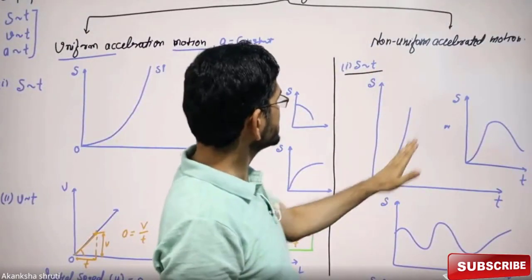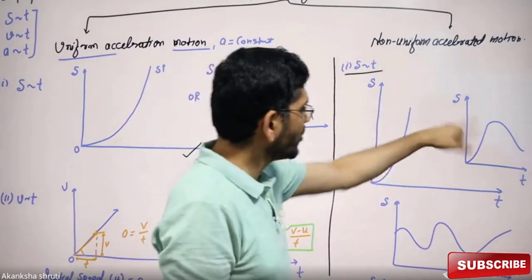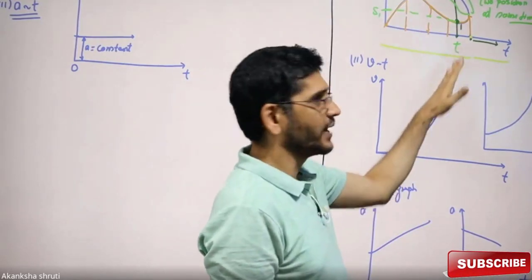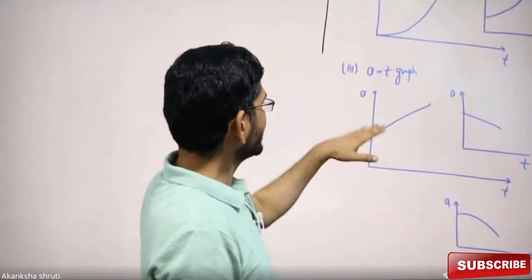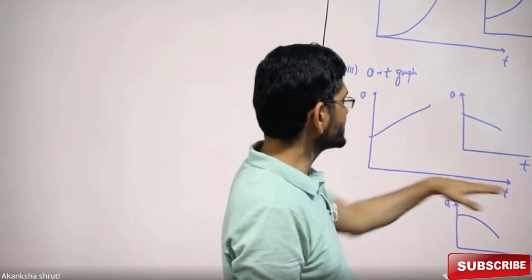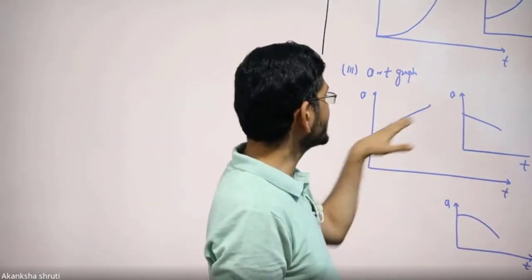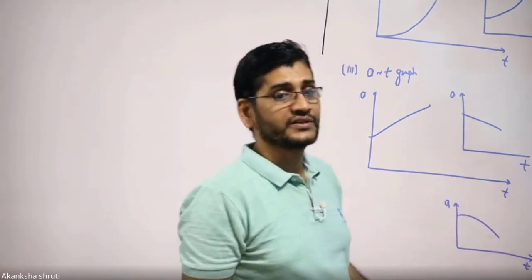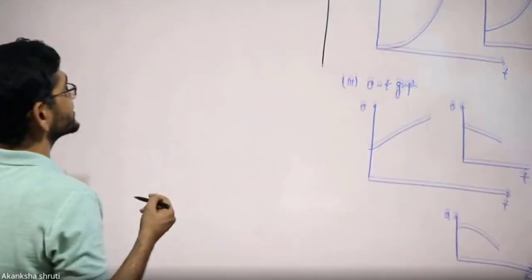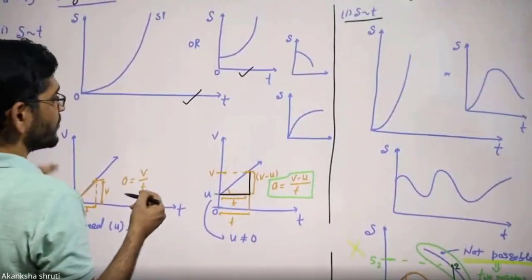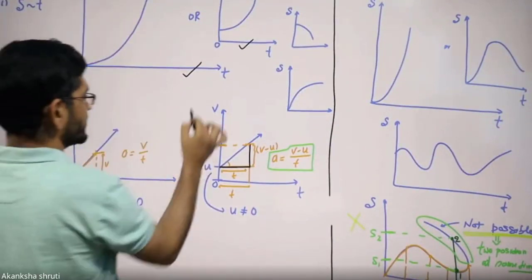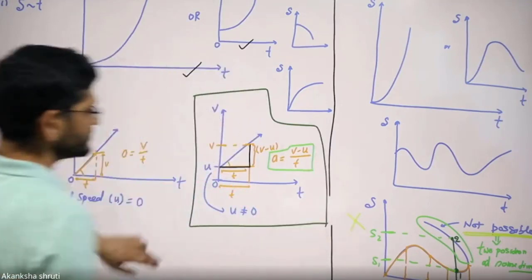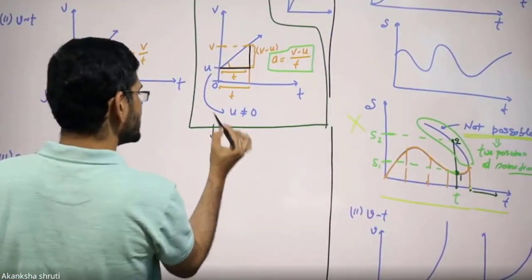Here the distance-time graph is very steep or zigzag. The velocity-time graph is slowly rising upward. The acceleration-time graph may be a straight line but must be inclined if the acceleration is increasing. Even if the acceleration is varying, then that may also be a curve. Students, out of these graphs that we have summarized, the most important graph is this one. So what is this graph? We have just listed it here.